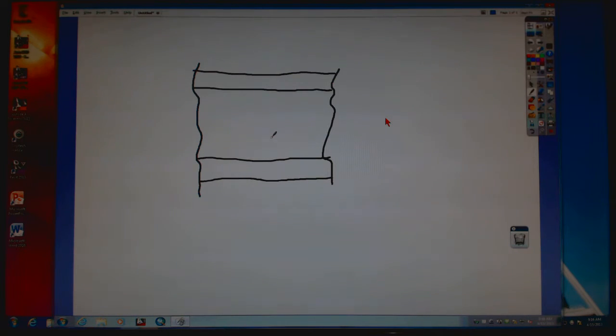Okay? So if I wanted to show the cross section, instead of putting it out over here, cutting the section and all that, all I actually have to do is come in here, erase part of my object out,